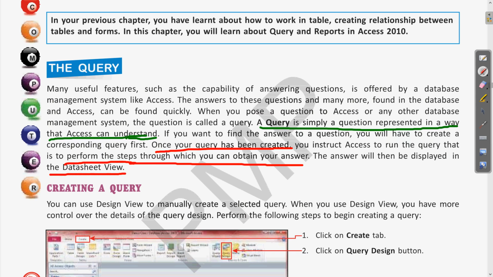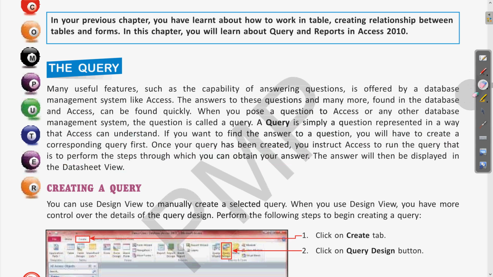We already know that MS Access has two views, one is design view and another is datasheet view. All the queries you run and the result of that query will be displayed to you in the form of a datasheet view. Clear? That is the tabular form, in the form of rows and columns. I hope it is clear what exactly a query is. A query is simply a question by using which we can fetch the desired result from an existing database. Clear? Now let us see the steps by which you can create a query.